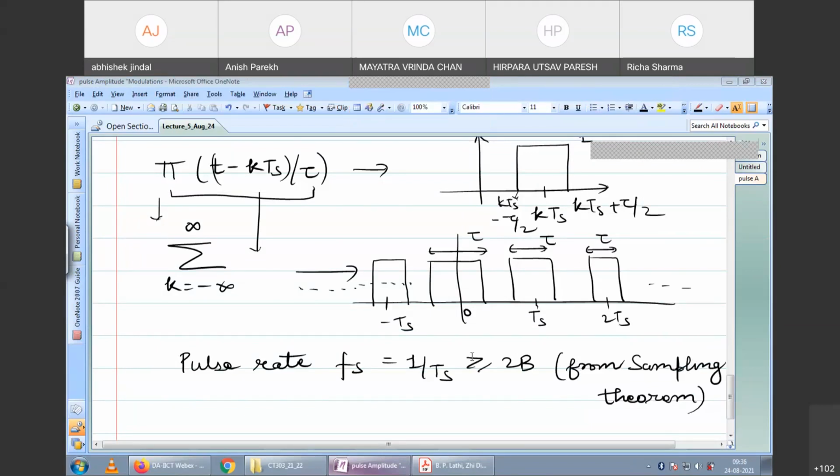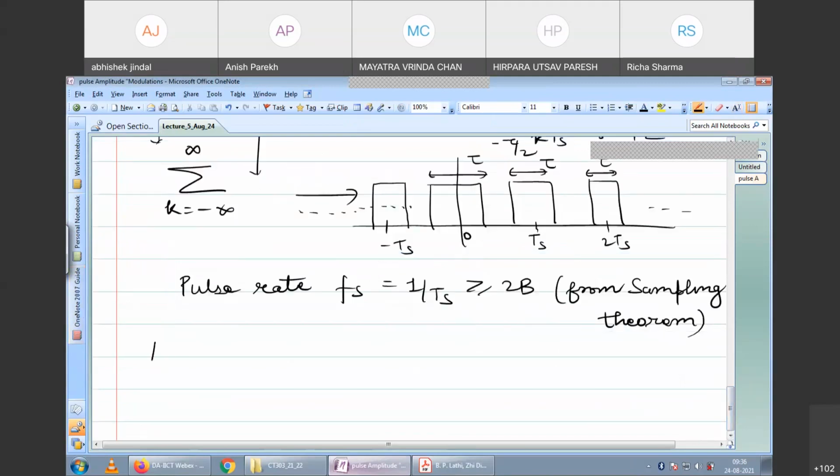And obviously, one thing to say is that tau by Ts will be less than 1. Okay, this is important. Otherwise, these pulses will basically interfere with each other. Okay, so this is also called as